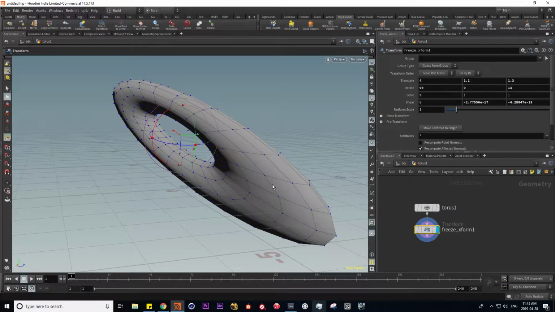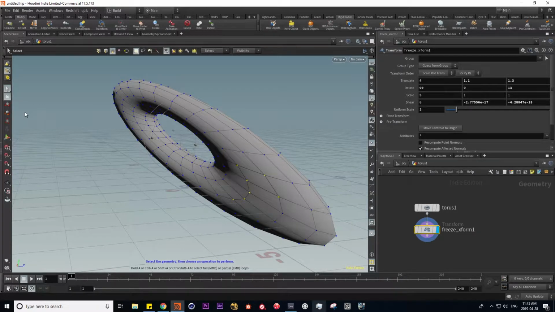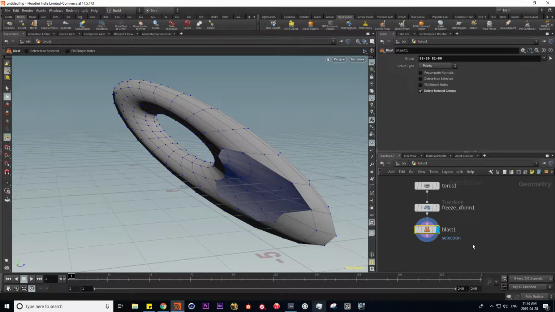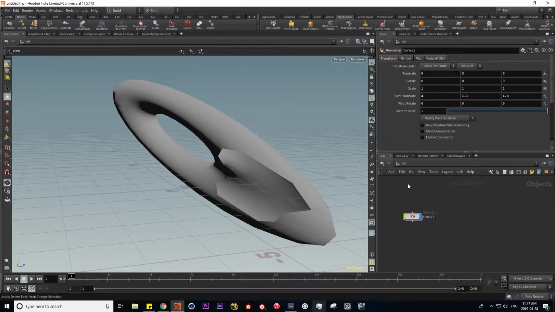So I'm going to go in here and maybe select some points. And by the way, if you hold right mouse button and go to area select visible geometry only, it's not going to select what's behind our object, just what we see here. So if I choose these points and press delete, it's going to lay down a blast node and do the same thing. Now this hide basically just turns off our display flag. And parenting is pretty self-explanatory, so if I take this null and if I select the parent,